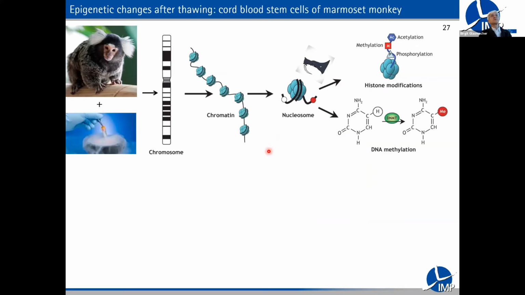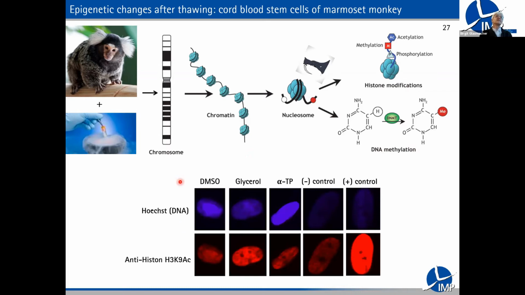So we started to do this epigenetic testing, and we saw Anamika Chatterjee's publication in this talk before. We took the cord blood cells, the stem cells from the cord blood from this monkey. We froze it, and then we did the measurement of the histone modifications and the DNA methylation, and this with DMSO, with glycerol, and we have the controls. And unfortunately, as DMSO is known to have an effect on the epigenetics, which then has an effect on the differentiation of the stem cells, this could be shown. It was not in all the cases,